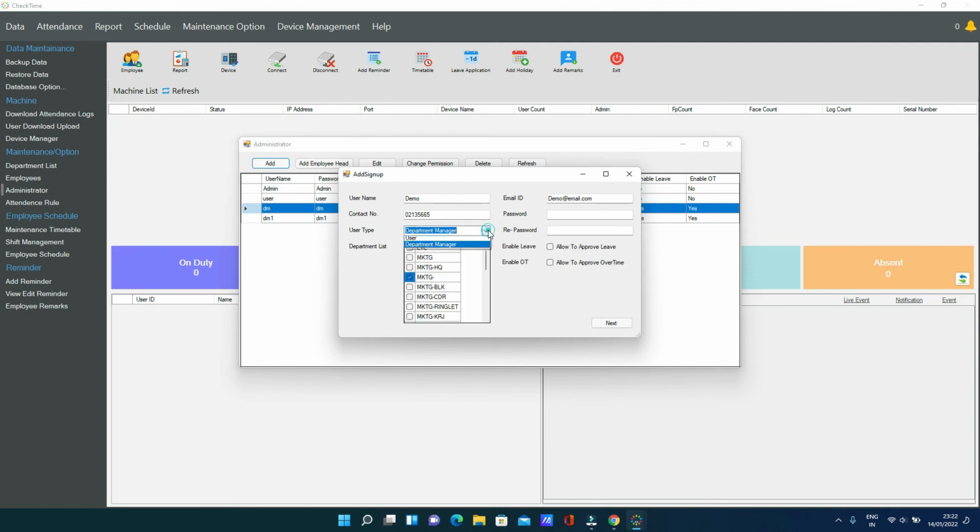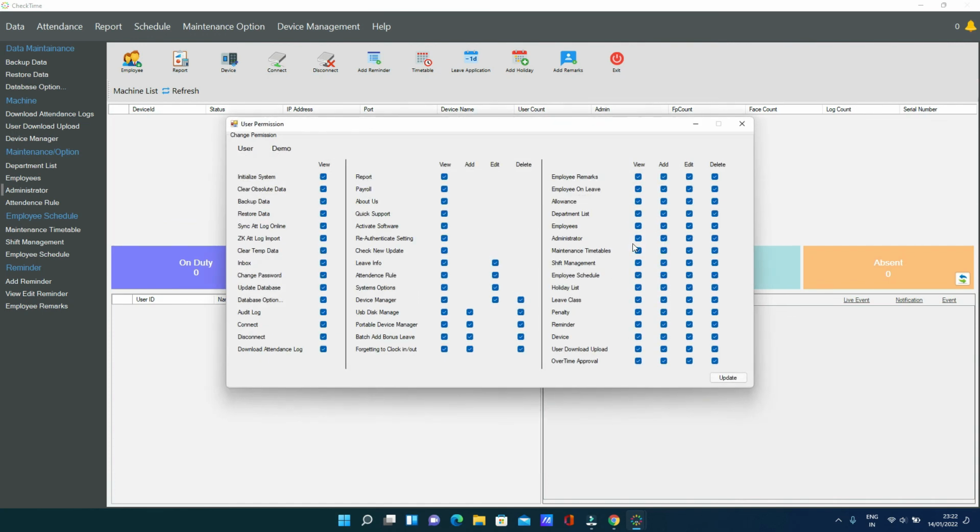Then they can view only that department. If user, then you select the password. Next, you choose the permissions, what you allow to the user, so they can't do certain things. You can uncheck or check, then Update, done.